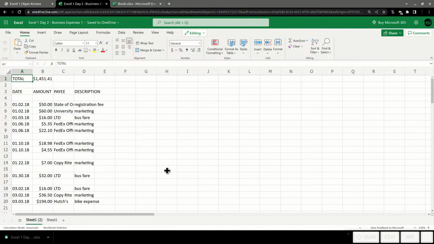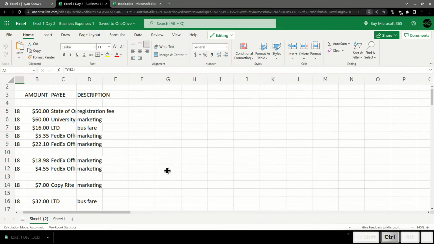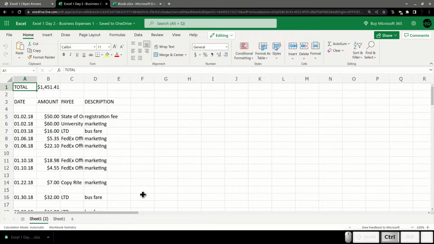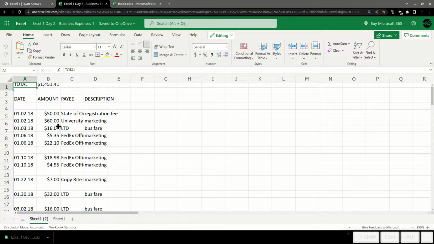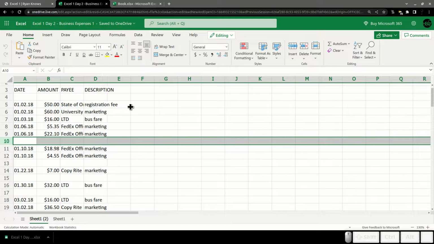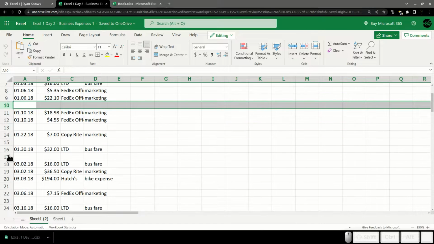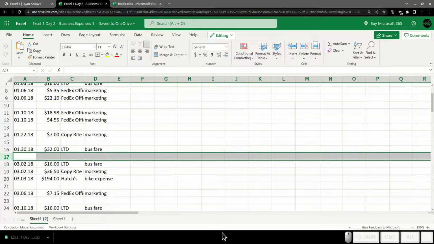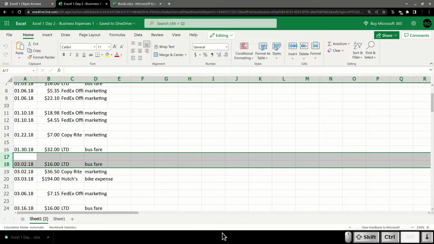It didn't keep the same zoom level, but that's okay. The reason I want to do this is because I want to get rid of some of the information here. I'm going to go down to, oh, look at that. I didn't have any expenses in February. I don't even remember what was happening.